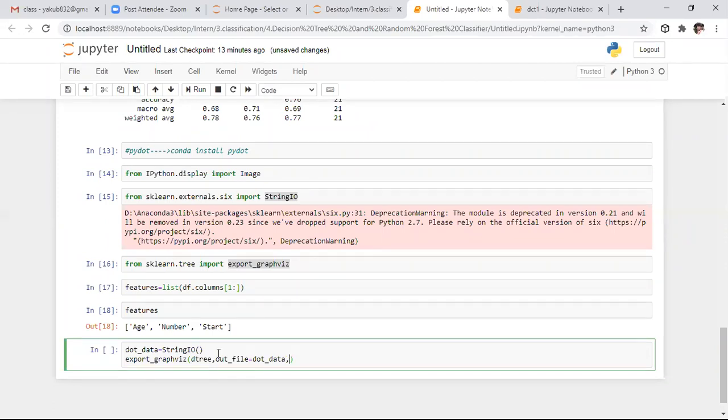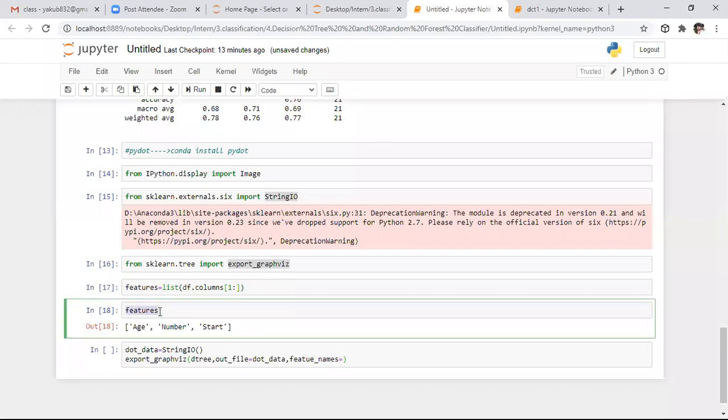And what feature names do you want to keep? Here we have the feature underscore names attribute. If you make a spelling mistake here, you will get trouble again. So here I want to consider feature names as features.